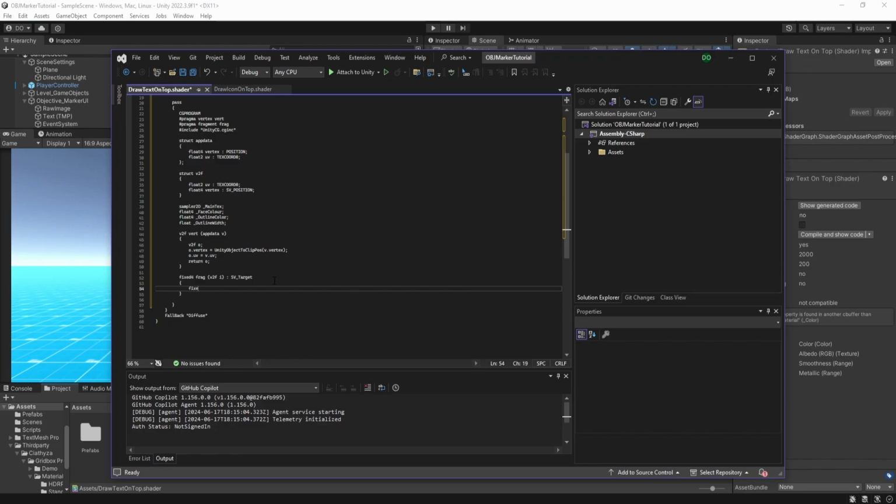So, fixed4 for face color would be face color, outline color, outline width, fixed4 for texture 2D is our main texture. I.UV